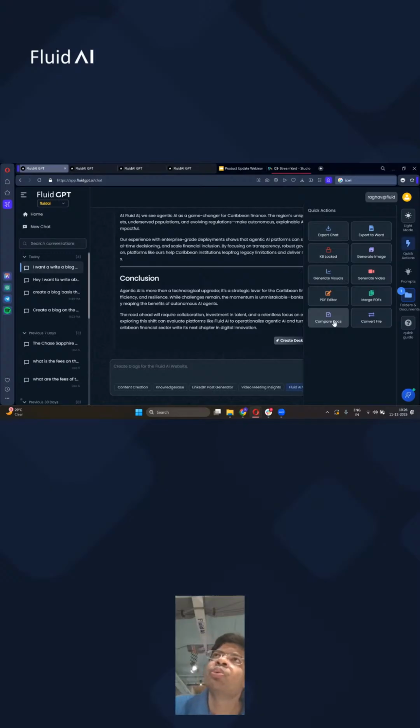You can compare two versions of a document, right? So sometimes users are not sure about which version of a document they should be uploading onto the platform. They can do that. They have the ability to export documents from the system back into Word if they want to do a quick edit or change, create images. So all of these quick features are now part of our chat interface, easy to use, easy to access, and really get quick access to.